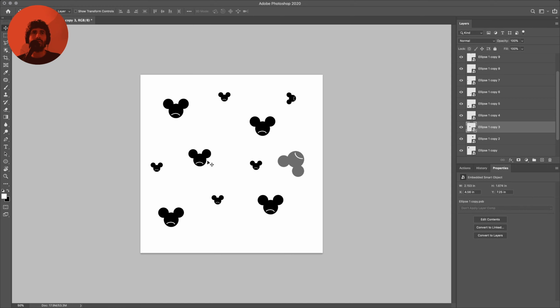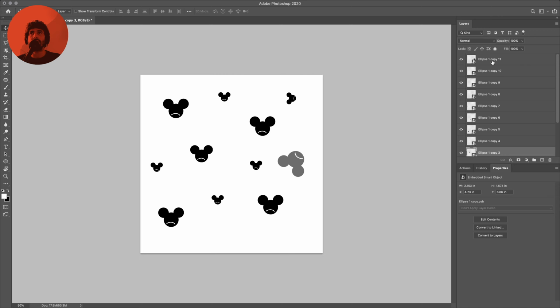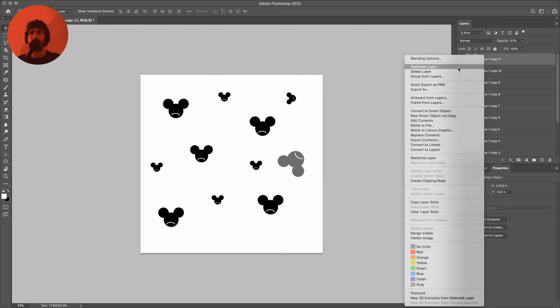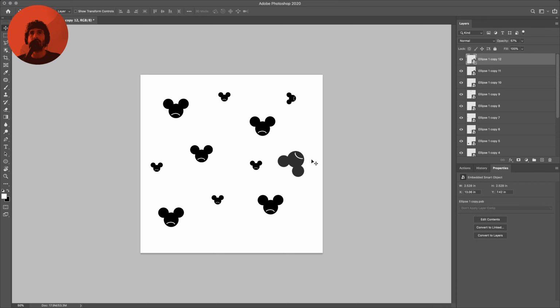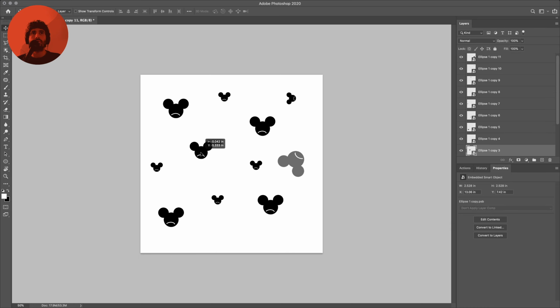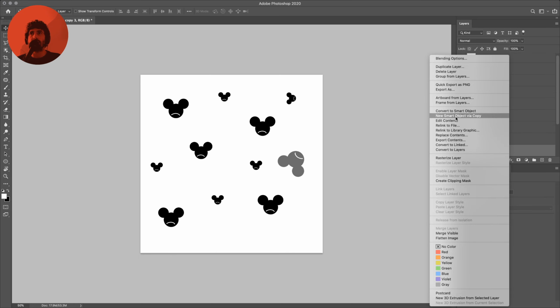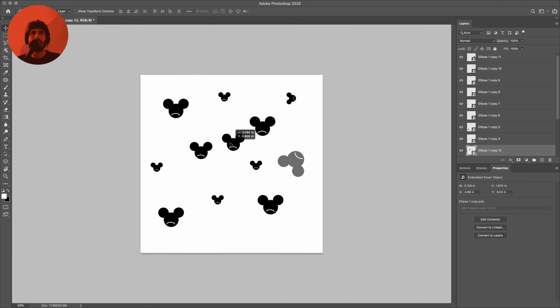How would I go about if I want to go and branch out from this design to a smiley face? So instead of duplicating the layer, which is what we've been doing all along, we can do a new smart object via copy. So if we do this, right? Let's not do it with this one. So if we do this with this layer, new smart object via copy, and I move this thing,